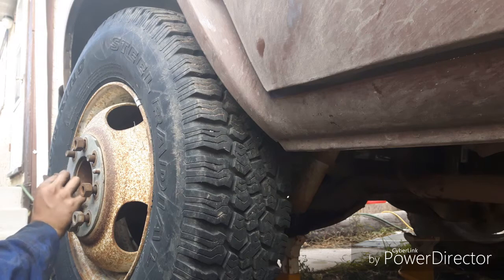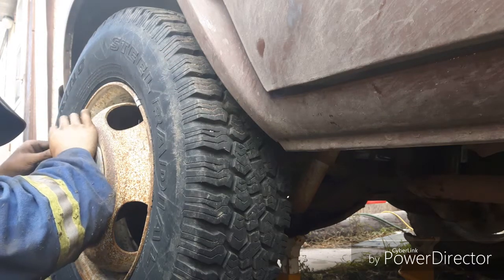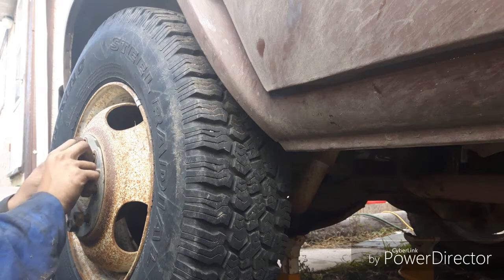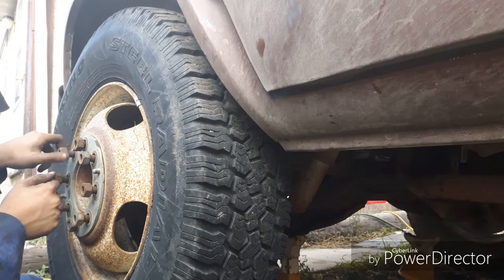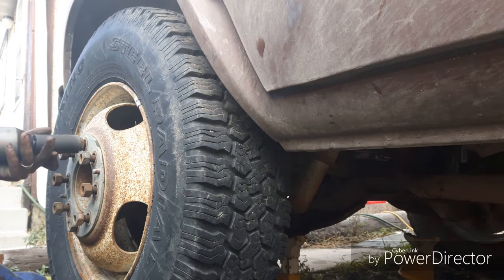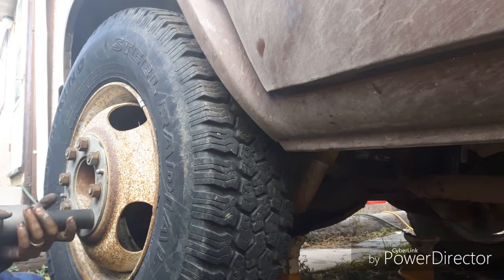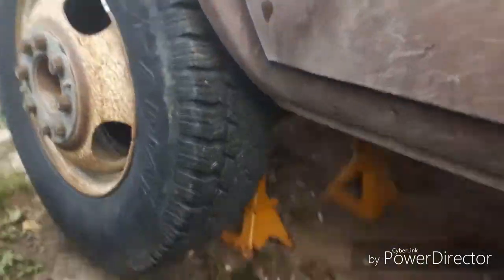Now these are supposed to go down to somewhere about 115, 125-ish foot-pounds. So my electric impact gun goes to about 130-ish. So I'm not going to use a torque wrench. I think this one is buggered up. I just had a little rock in it. There we go. So I'm just going to run them down with this. After you've done that, I'm gonna